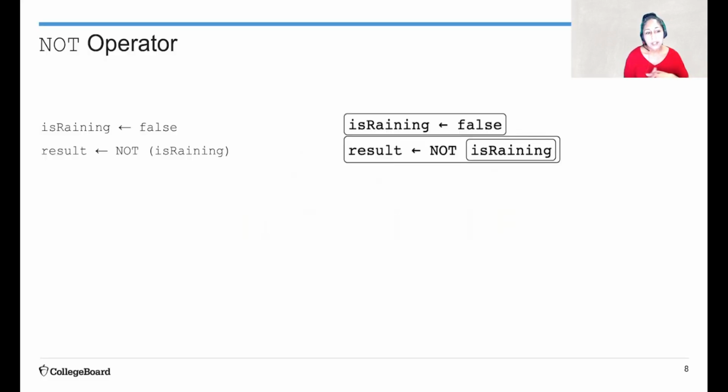Let's say I want to use the not operator in a whole process to check whether or not it's raining outside. So let's say I have my isRaining variable and I set it to false. And I want to store the result of not isRaining in that variable. So in this case, having false stored inside of this isRaining variable, when you're in Florida, probably not going